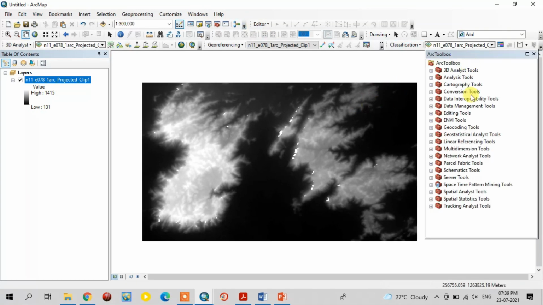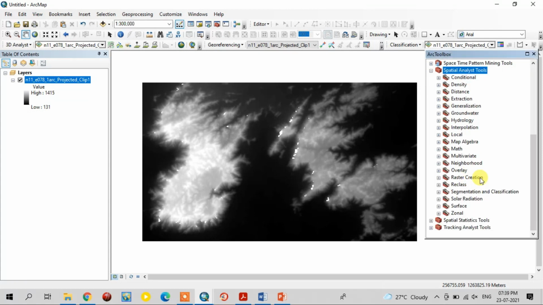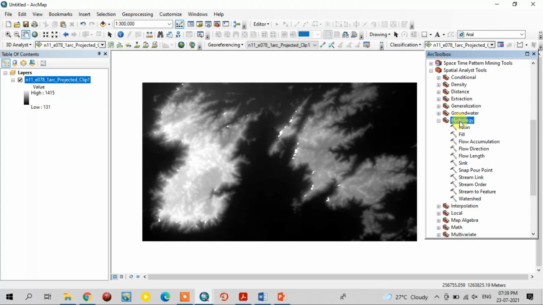Go to the ArcToolbox, and in that, select the Spatial Analyst tool. Here the hydrology tool is there. Here you see the flow direction option. Using this we can create the flow direction.